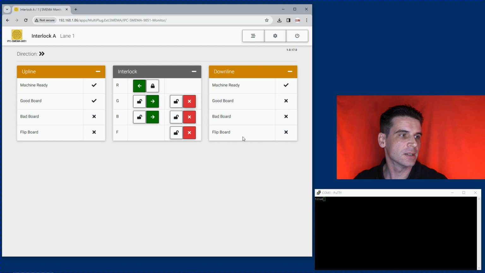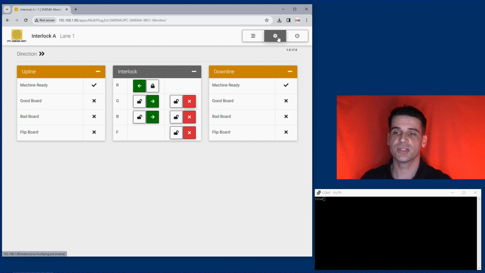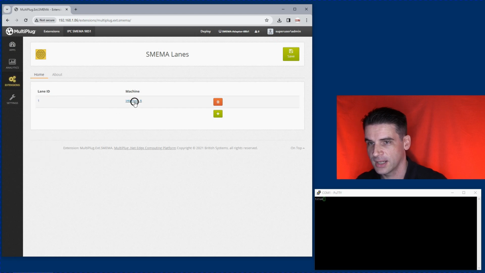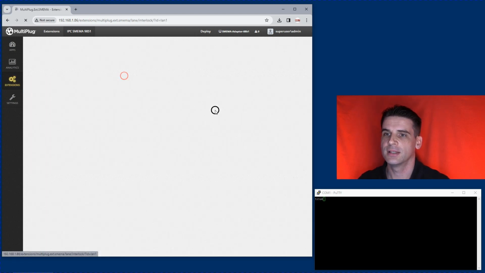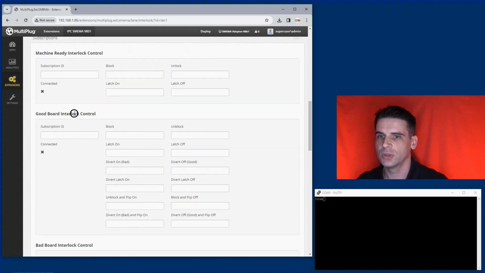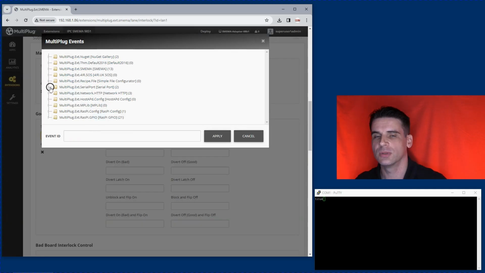So if I put it back to how it was, we need to do the other direction. So we've got the data going to PuTTY, so outwards, to say there's a blocking occurred, but now we want to control something. So if we go to settings, the SMEMA extension, the lane, the interlock, we can go good board interlock control, and we want the value from the serial port to be passed through